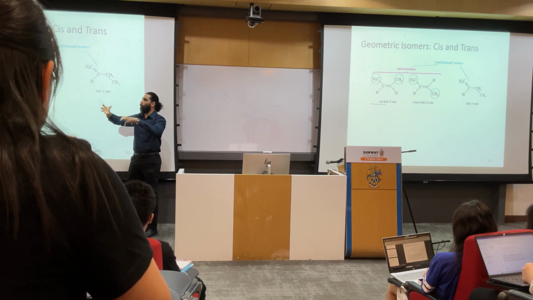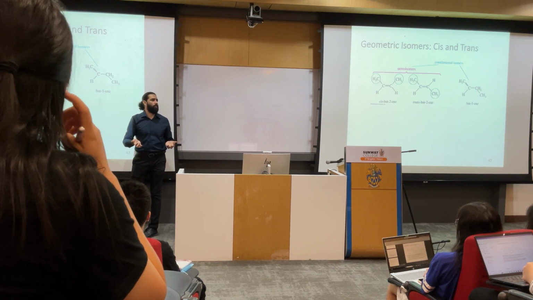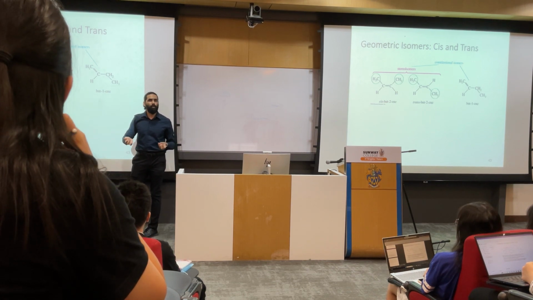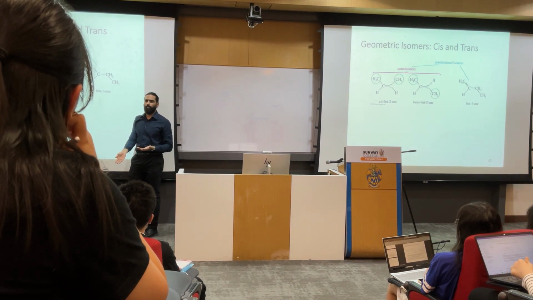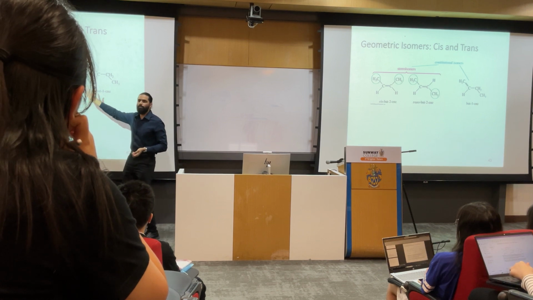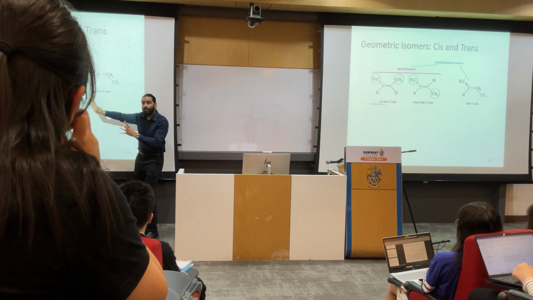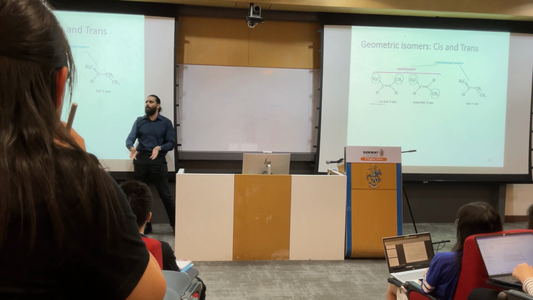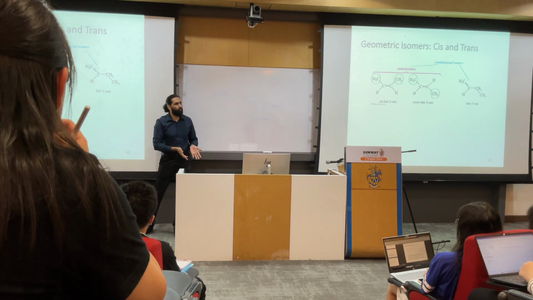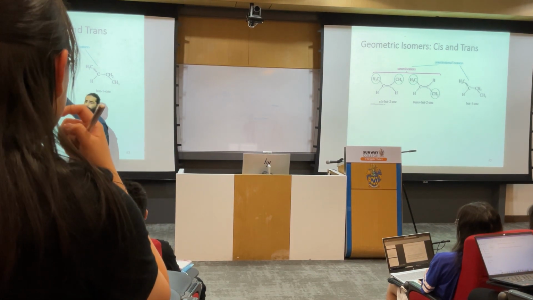Only because their orientation is changed, they are 2 different molecules. And that's why they are called geometric isomers, which are a class of stereoisomers, right? Or you can also call them cis-trans isomers. Now, what is cis and what is trans? We are not going into that detail for now because we will cover this in a lot of detail when we will be studying the alkenes. Yeah?